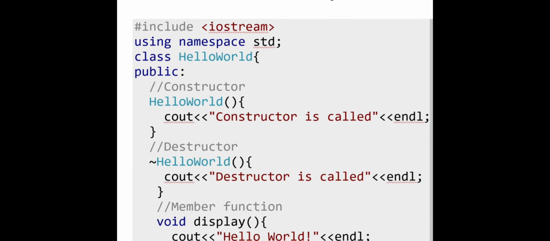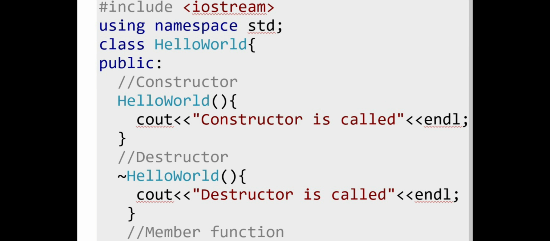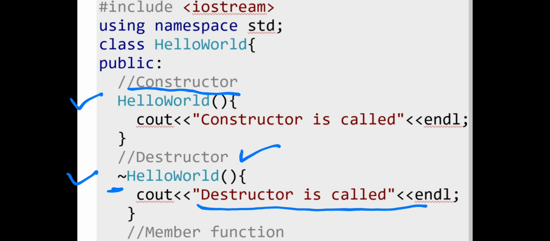You can see here carefully, HelloWorld is the constructor function, and ~HelloWorld also has the same name, but the difference is that here one tilde symbol is used and it is our destructor function. In this destructor function we write the definition, that is "destructor is called". This message we want to display.